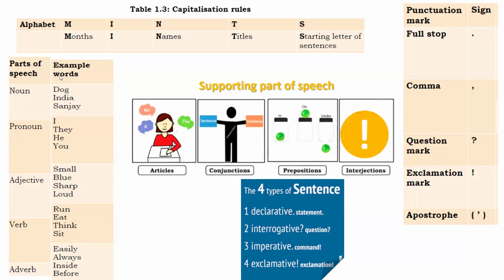Then your parts of speech talk about these basic types: noun, pronoun, adjective, verb, adverb. All are very well aware. And certain supporting parts of speech, we talk about articles, a and the, conjunctions, where we talk about joining sentences, and, or. These are my conjunctions. And we use that thing for our